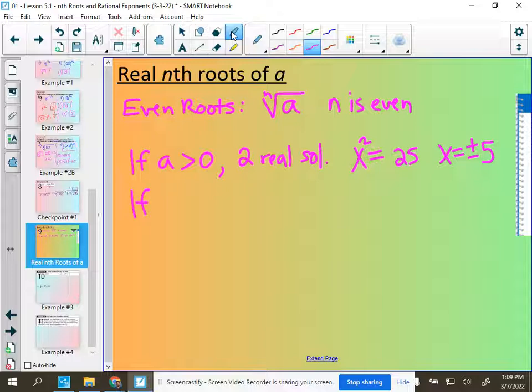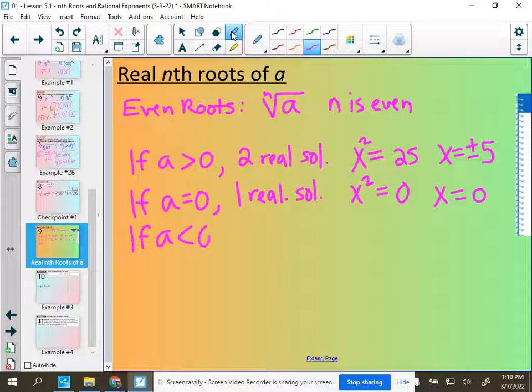If the number we're trying to square, or fourth or sixth root, is equal to 0, we end up with one real solution. So again, we end up in a situation where x squared or x to the fourth or x to the sixth equals 0. I can solve using square roots, but I end up with one solution there. x equals 0. That's it. There's not a positive, negative, 0. And then the third scenario, if a is less than 0, aka negative, we're going to have 0, no